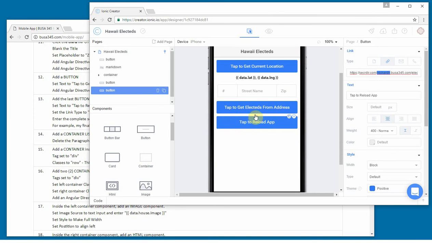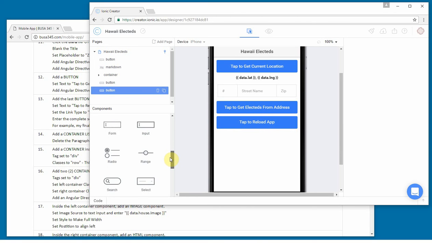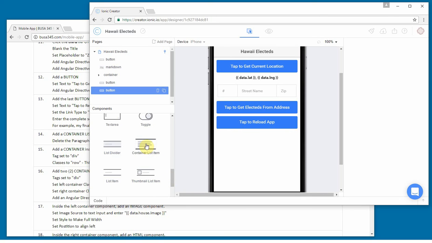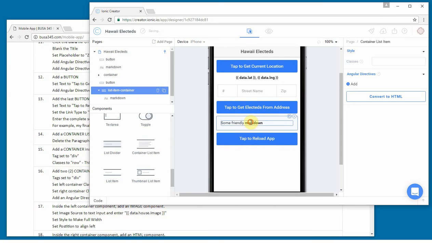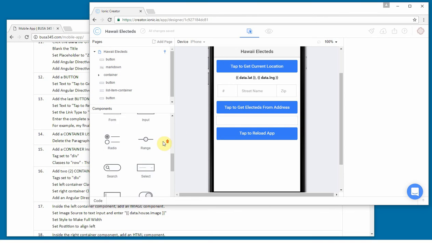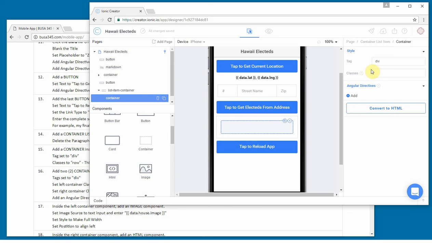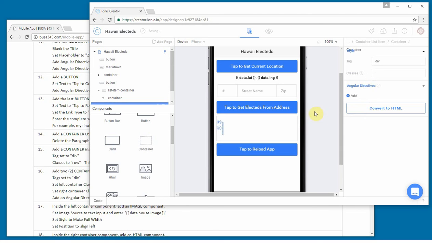Okay, and now in between here, I'm going to add a container. No, I'm going to add a list container list item. And I'm going to get rid of this paragraph. And I'm going to put another container in there. And that's going to be a row. And inside there, I'm going to put one container, which is going to be